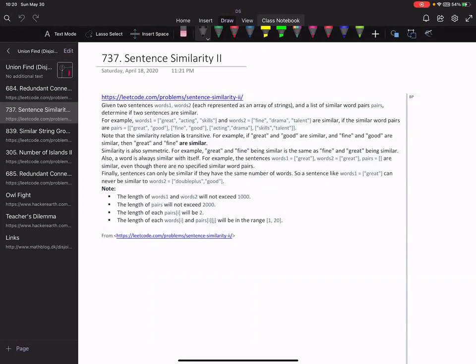So with this kind of question in an interview, the main thing the interviewer is looking for is whether you know the union find concept or not, because these problems can be solved efficiently only using union find. Okay, got it. Thanks.